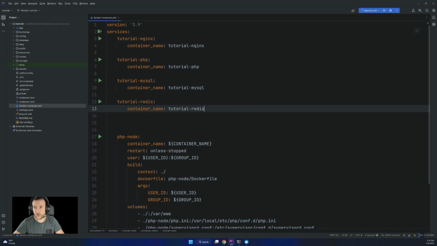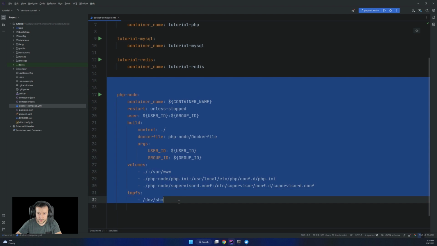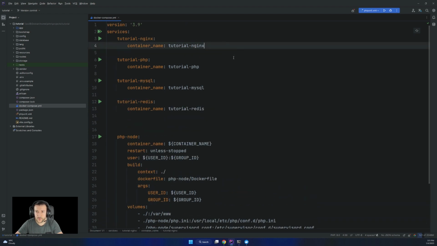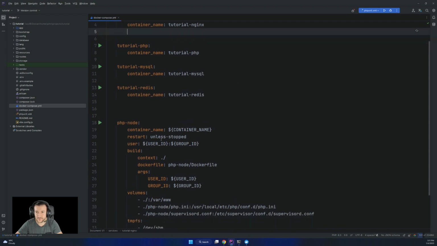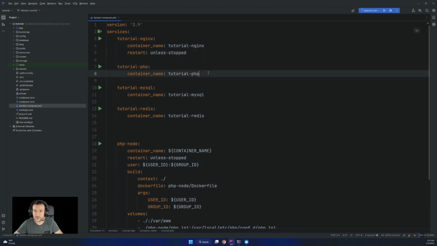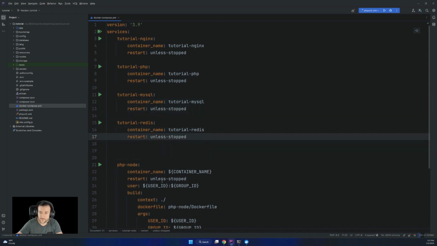Okay, and now we'll go one by one and define the settings for each. I don't actually need this, but I'm leaving it here, maybe to copy some things meanwhile. So for the nginx, we have other settings that I showed you last time. I want to keep my application up and starting every time I start Docker, so I'm gonna paste restart unless-stopped to each container, so it starts whenever I start Docker.